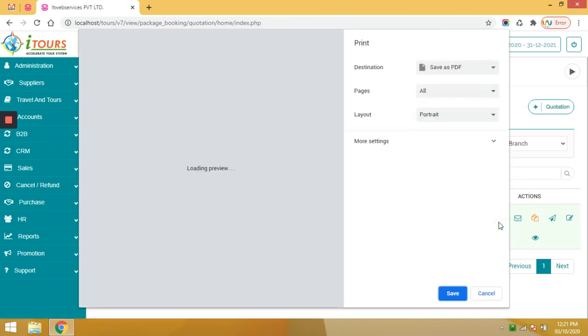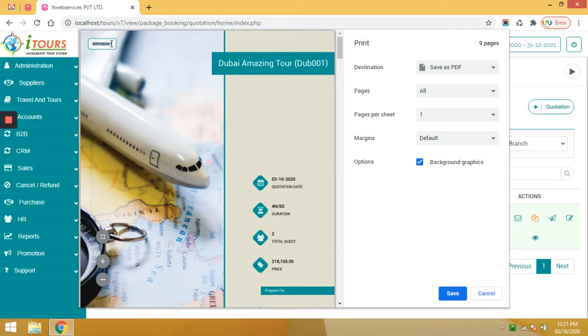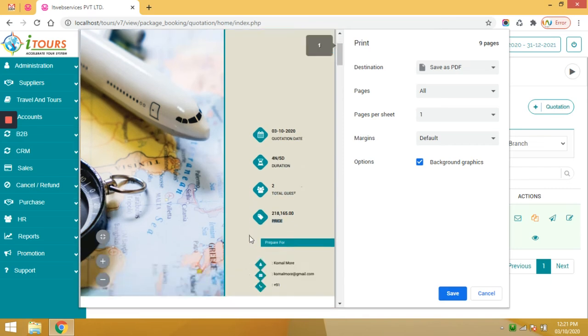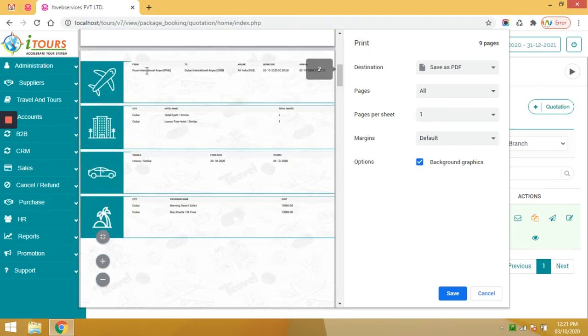Now we'll check the PDF details of the content. Quotation number, tour name, quotation date, duration, total guest, price, customer details, flight details, hotel details, transfer details, activity details.